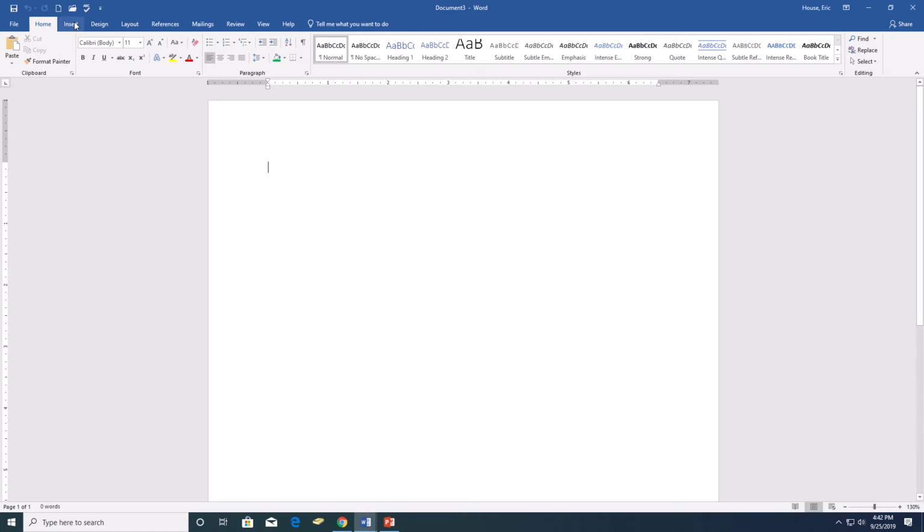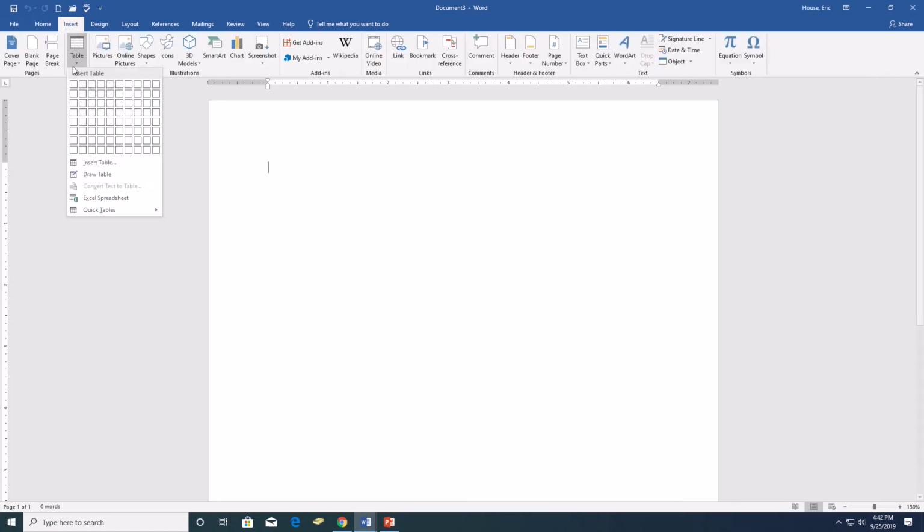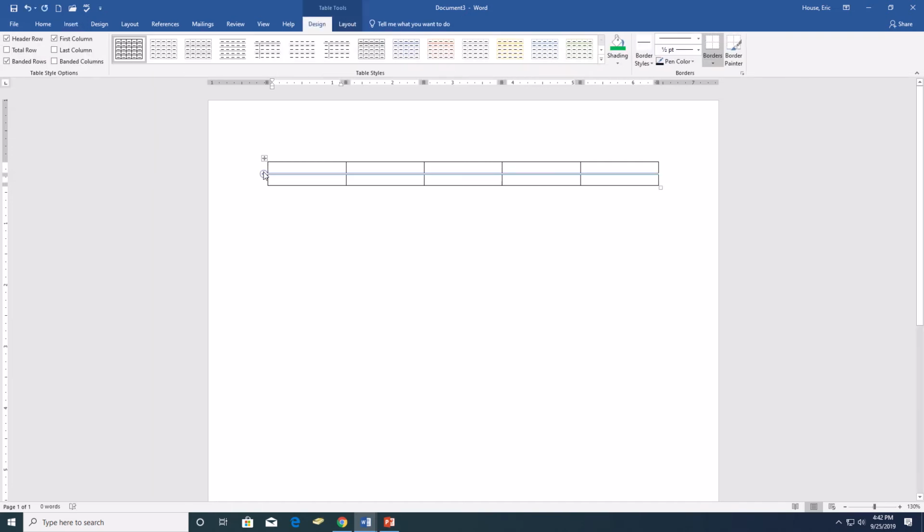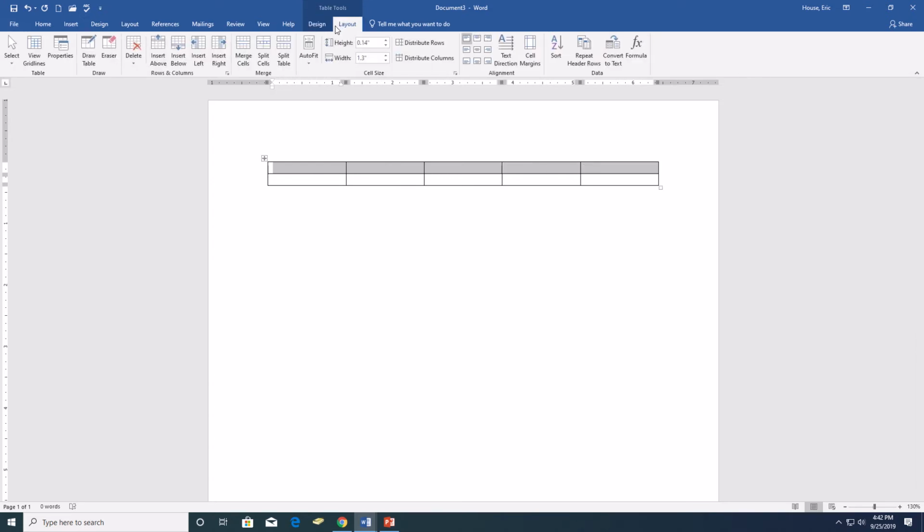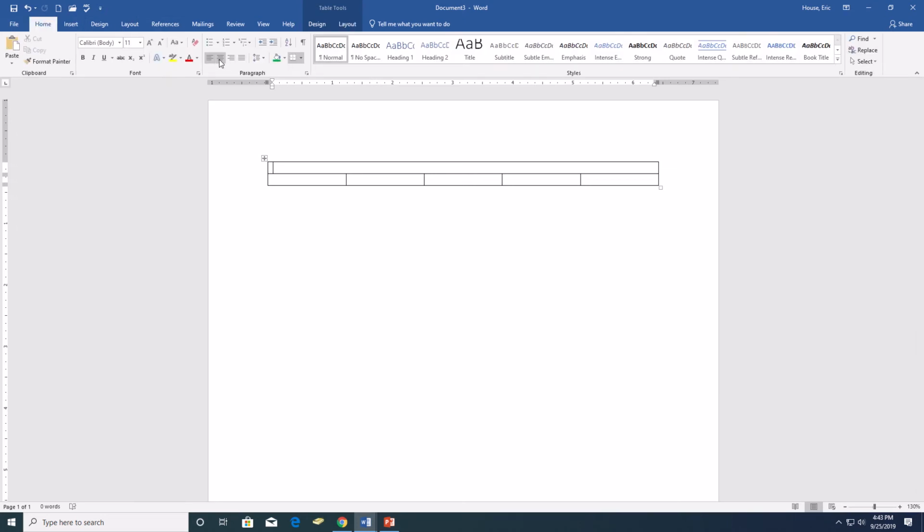So I'll go up here to insert. I'm going to go ahead and do a table. I'm going to do 5 columns, and I'm going to just do 2 rows and then let the table do the work for me. So as I look at the sample, the first thing I'm going to do is merge and center. Again, I can do this in my table tools. I'm a right clicker, so I'm going to go ahead and merge cells right there. And I'm going to come back home, select center,